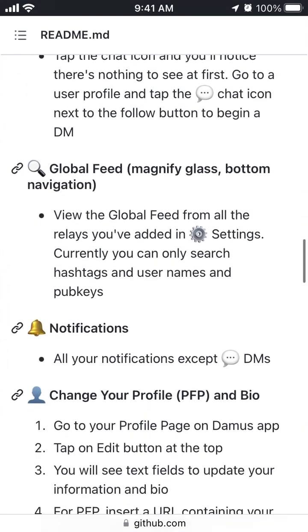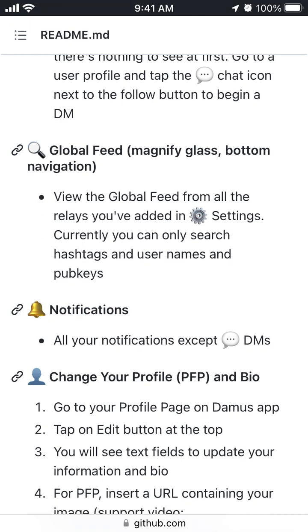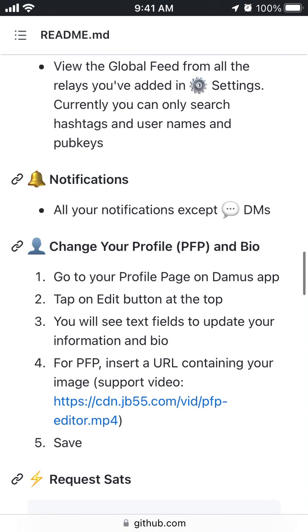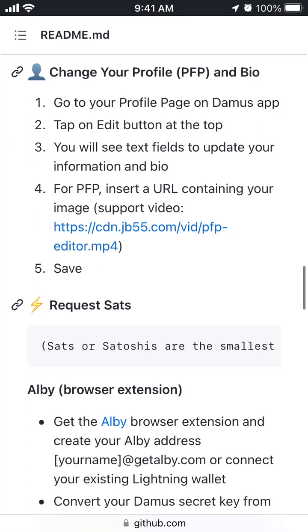Then there is the global feed. View the global feed from all the relays you added in settings. You can only search hashtags, usernames, and pub keys. You can change your notifications, and then you can just update your username,